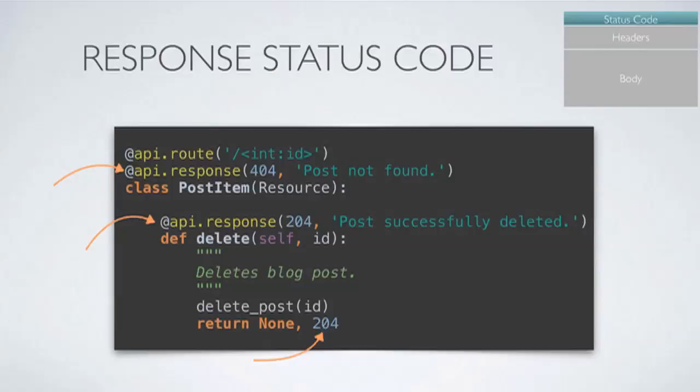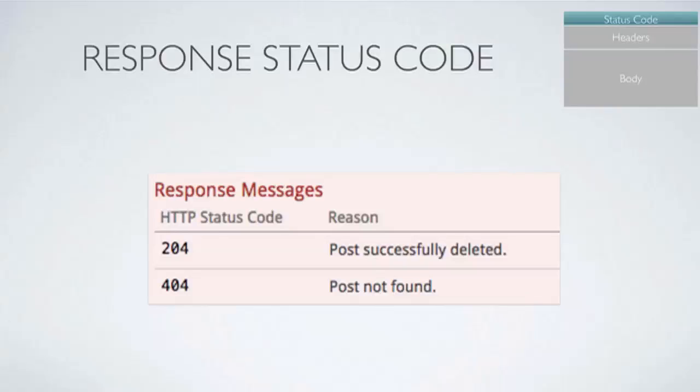The way you return a specific status code in Flask is that you actually return a tuple of 2 values from your method, and the first value will be the object that will be serialized as JSON coming out of your API. In this case, I don't need any content, so there's a value of None. And the second return value is the status code. This documentation comes in the form of this little table in the Swagger UI that your users can review.